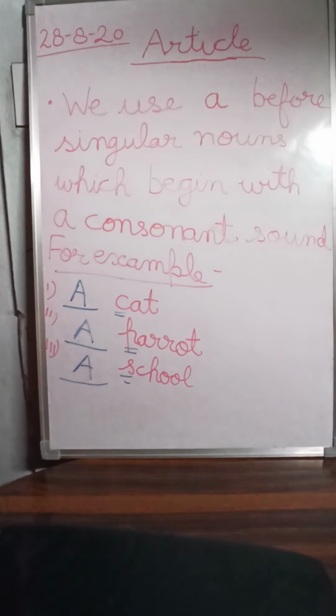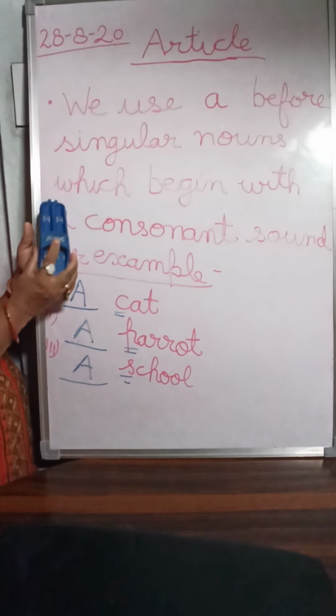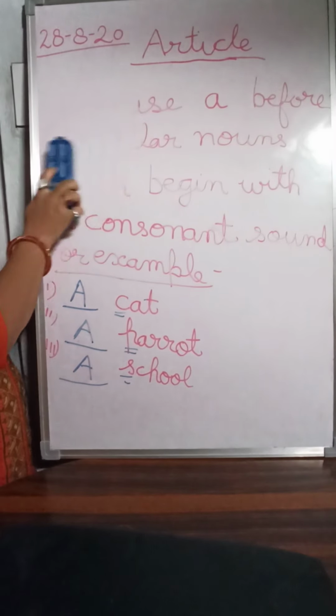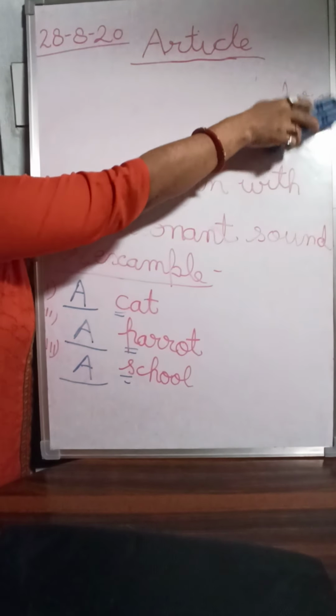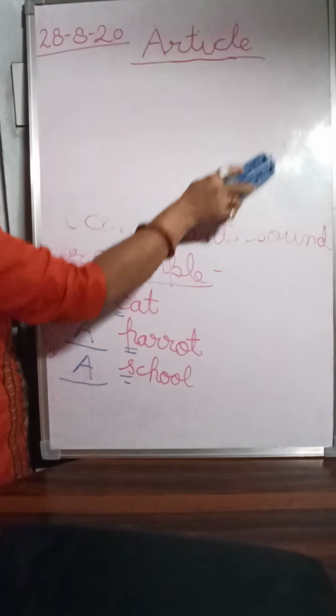Okay students. So now I think it is clear to you when you have to write a and when you have to write an. So my suggestion to you is that you will practice at home many examples of article a and an. Okay friends? So now I start with article the. If you have any question or any doubt, you can ask me. You write in the comment box and ask me about your queries. If you ask something, I will be more than happy.